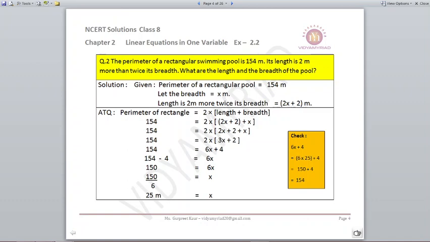Now you can even check your answer whether 25 meters breadth is correct or not. Now I will pick up anything from my right hand side, that is 6x plus 4 was my solved equation. So put the value of x in it. 6 multiplied by 25 plus 4, that gives you 154, which is the required perimeter. So that means my answer is correct. So definitely whenever you are solving these type of word problems, you can always check your answers in your rough site whether it is correct or not.